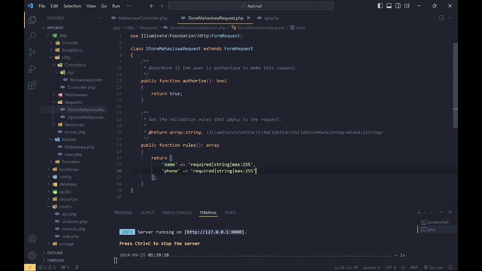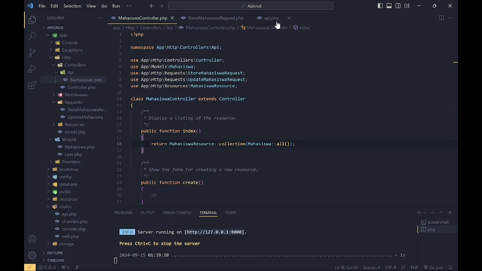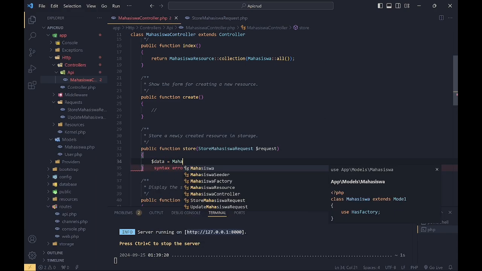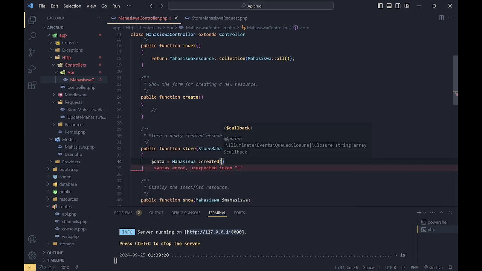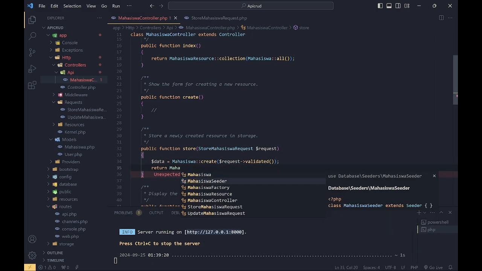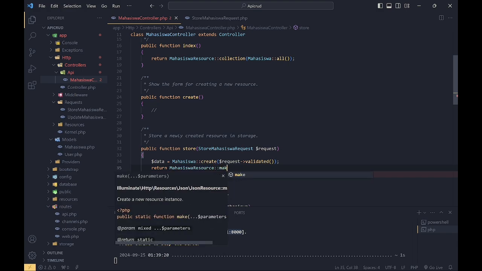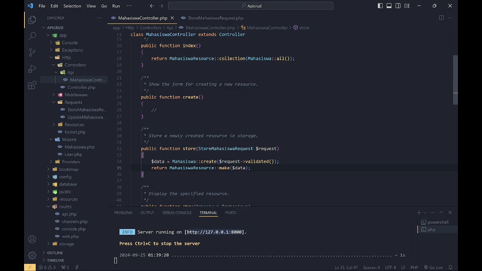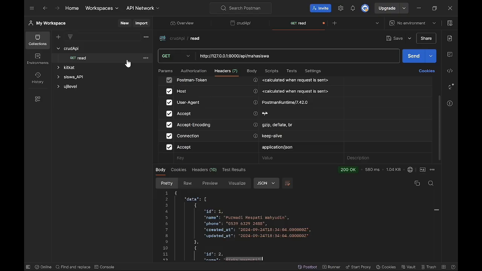And then I will make a function for storing data or inserting data like this. Mahasiswa is the name of the table of a model, and we use create, and we return mahasiswa resource and make variable data.